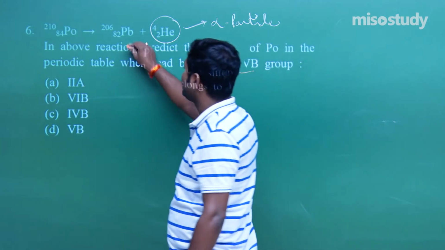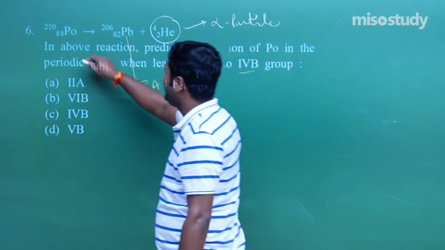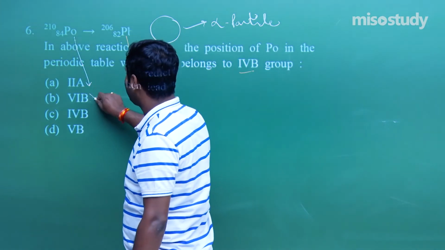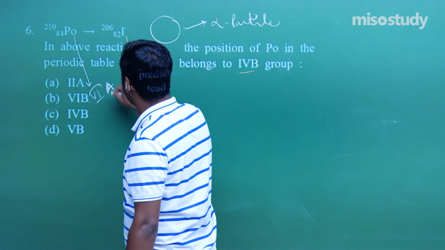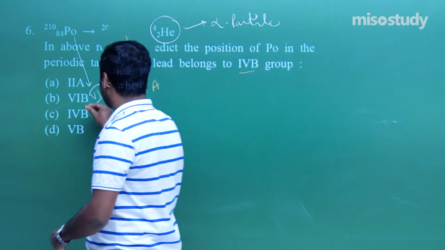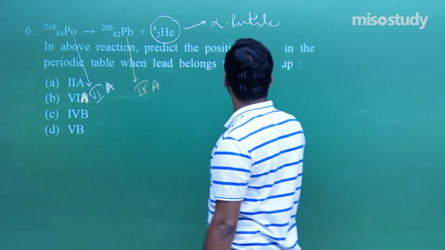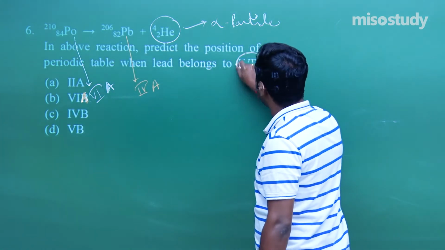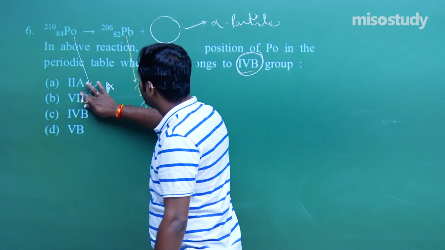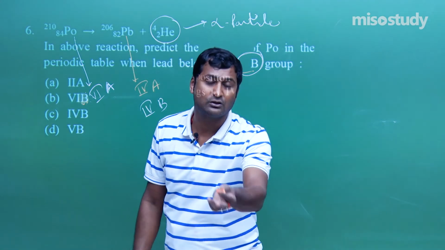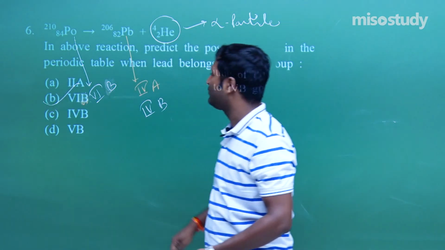Here the given group number is 4A, so definitely Po will have group number 6A. Am I right? Clear to you what I'm telling? Po has group number 6A. There is some modification required: this one is not 6B, this one is 6A. But since the question gives 4B, it is better to use 6B according to the question. So no need to change, that is 4A and 6A, so the answer will be 6B.